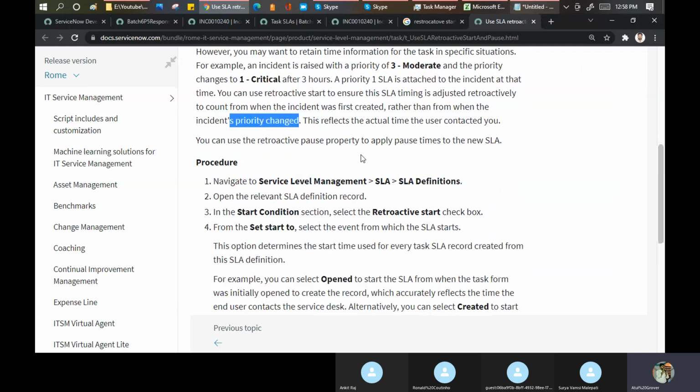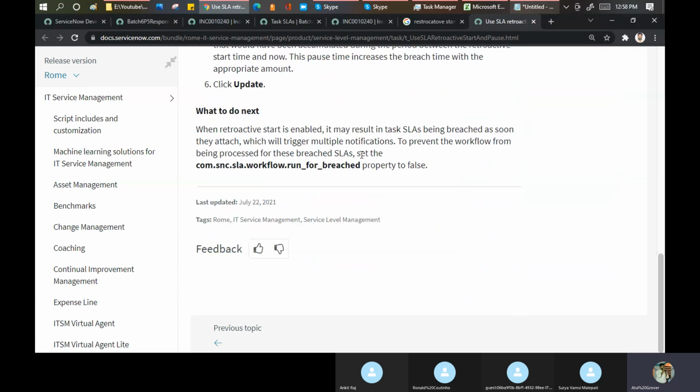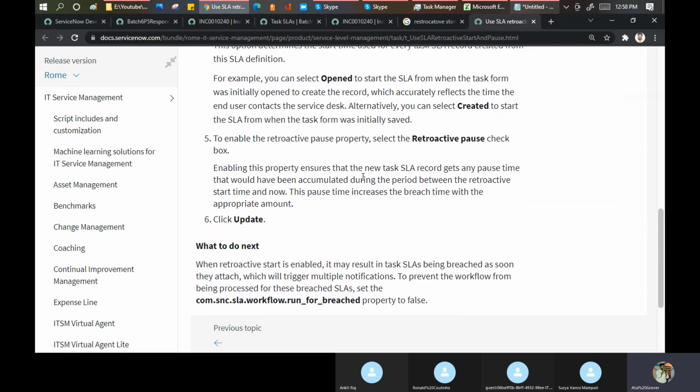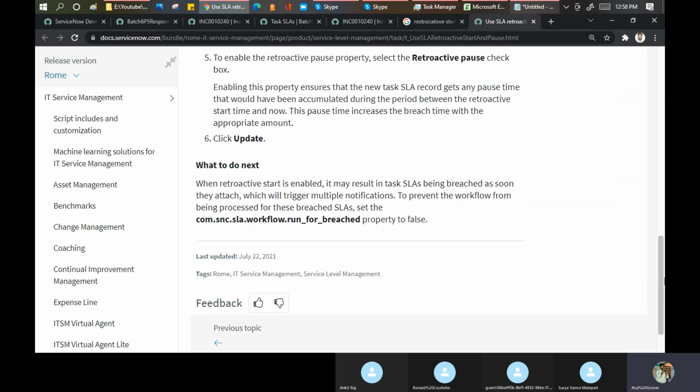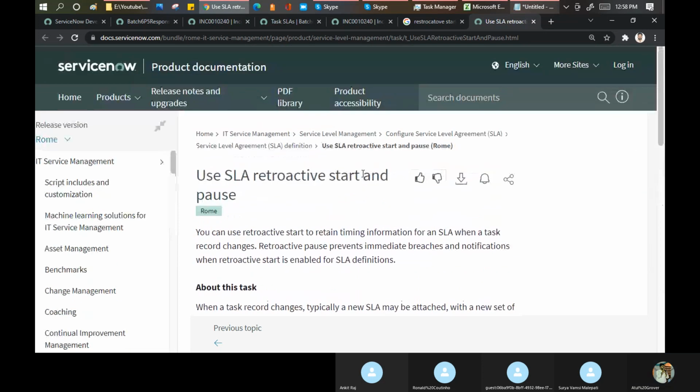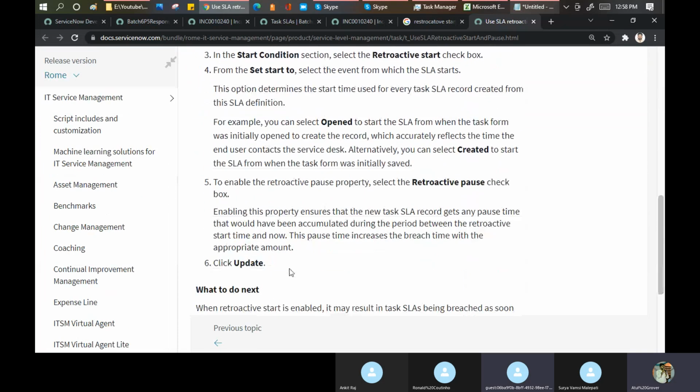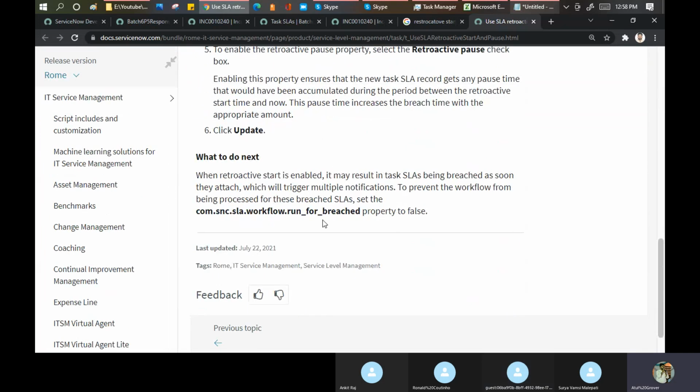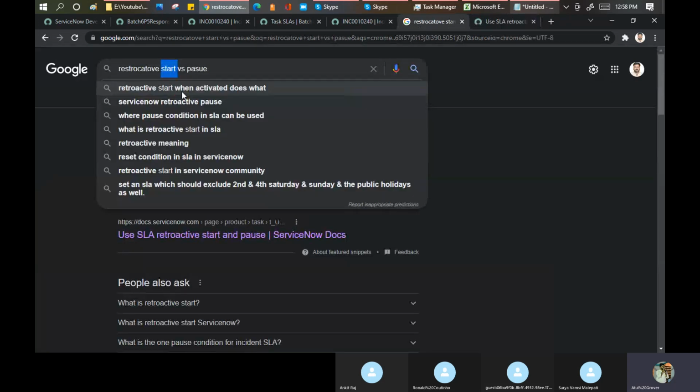That is the thing which we do for the retroactive start here, and this is the thing which they tell here. Okay, now what will happen to the retroactive pause? अरे कहाँ गया? Why is it not showing the next topic to me? To prevent the workflow from being processed other breaches SLA. Let me go here. Retroactive pause.